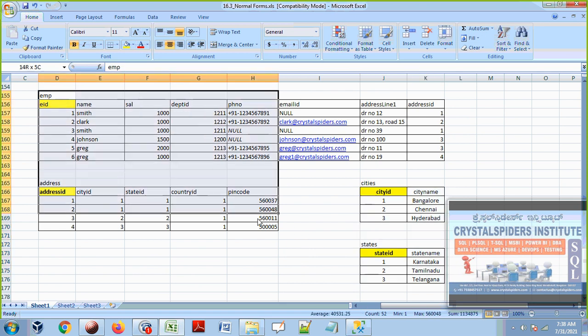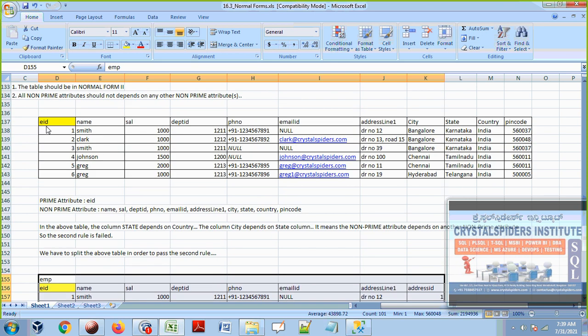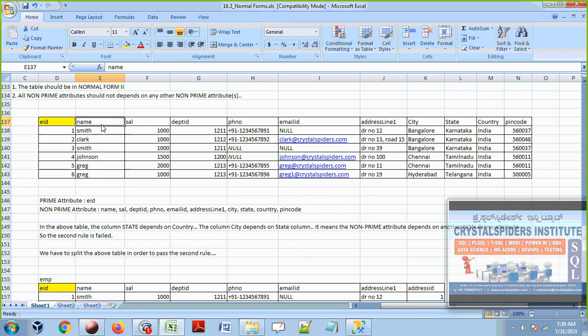Now when we are joining these 3 tables, it is a costly operation. Joins are costly. They impact performance. But here you see that whatever data you wanted to see, name of the employee, city name, state name, everything is there in a single table. So we can simply read these 3 columns without joining, without performing any complex operations. So this is one of the reasons.